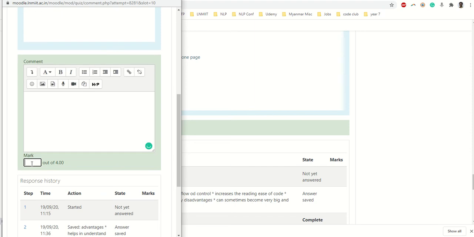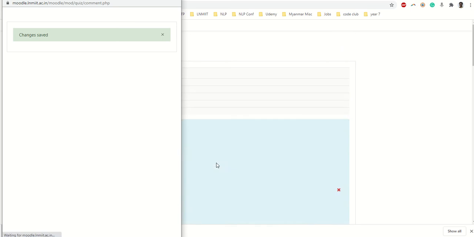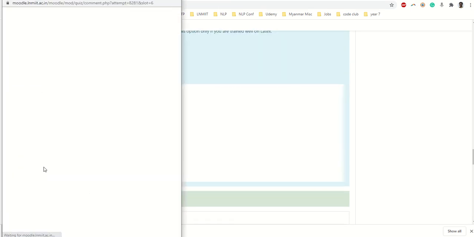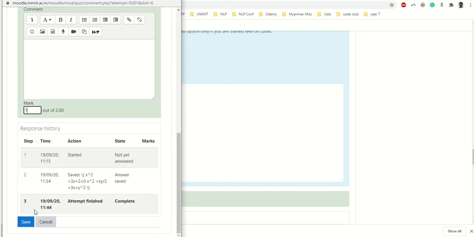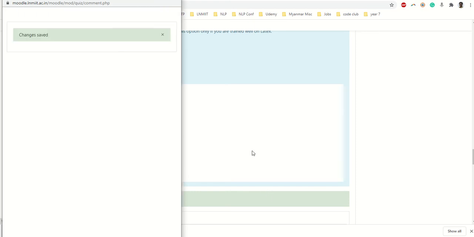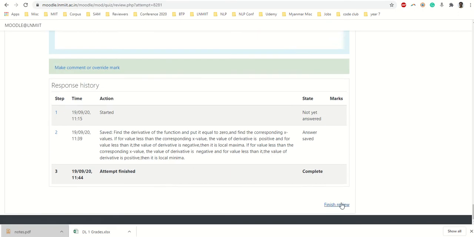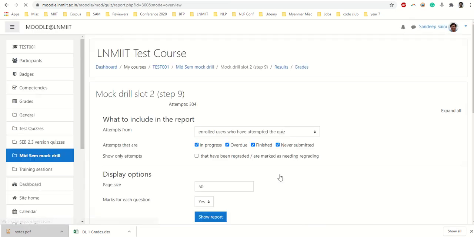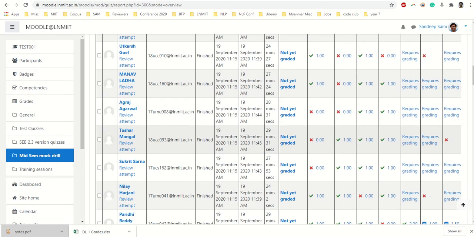So let me say this is 4 out of 4, and there is one more left, this one, and here I say, okay, 1 out of 2. So once you are done, you can simply scroll down and say finish review. When you finish the review, you can go back to the attempts, and then one student evaluation is done.